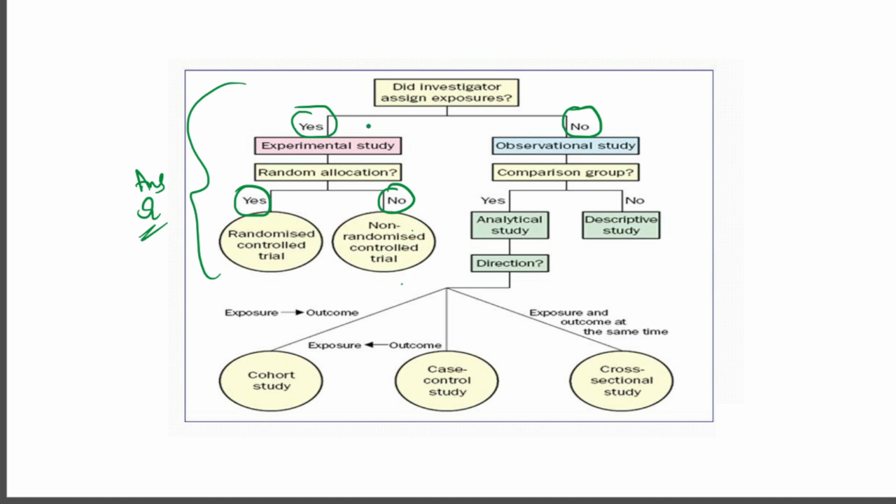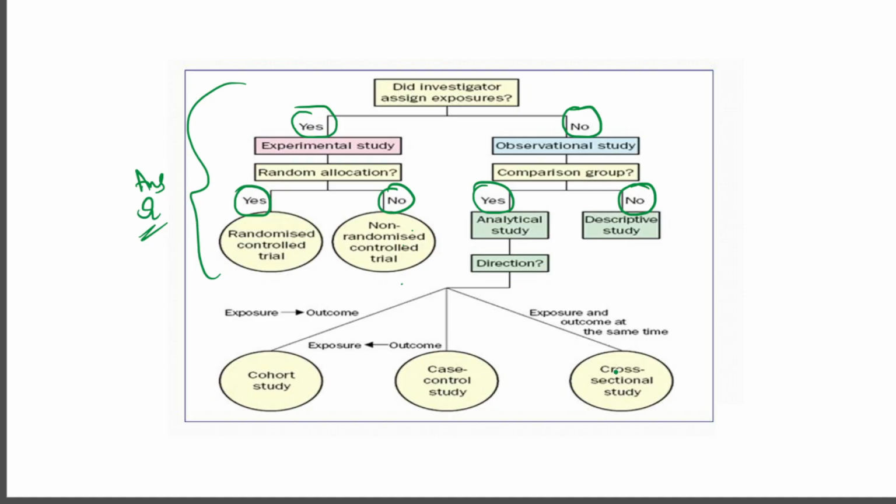On the other side, apart from experimental study, you have the observational study. Why is it called observational study? Because there is no exposure from the investigator. So in the observational studies, you have a comparison group. If a comparison group is present, then it is called as analytical study. If there is no comparison group, then it is called as descriptive study. Okay. Then the analytical